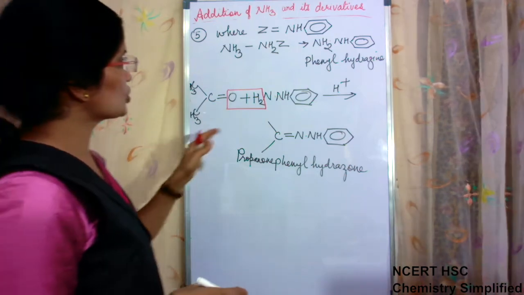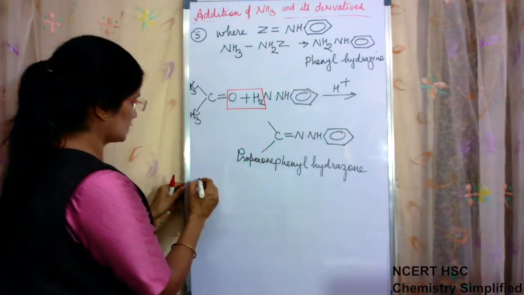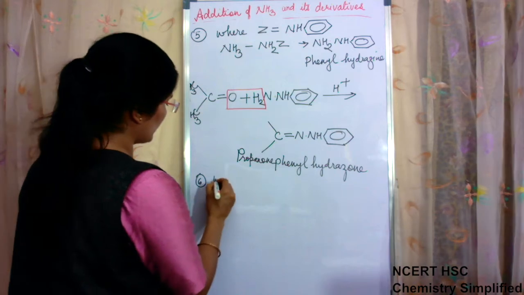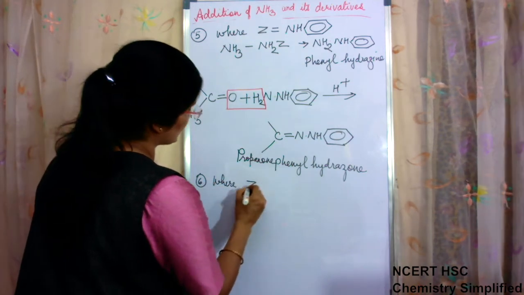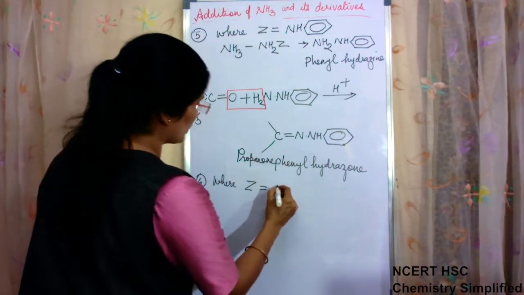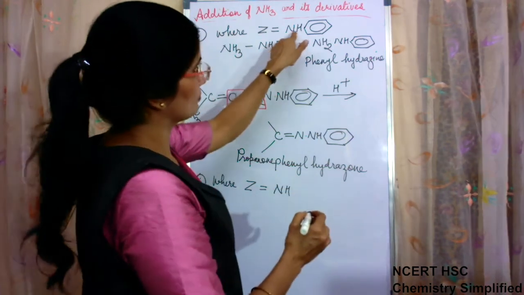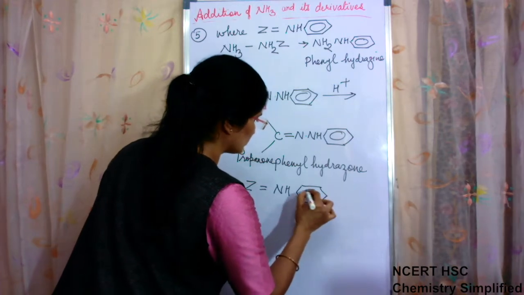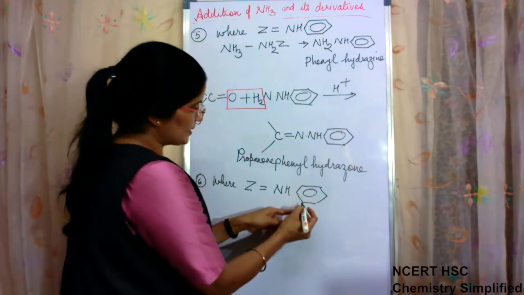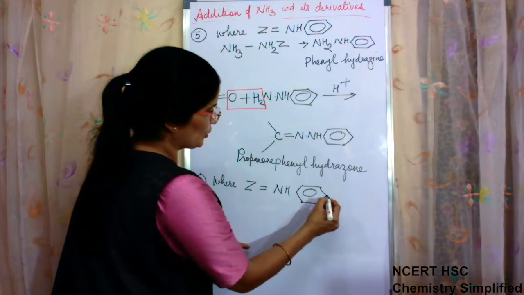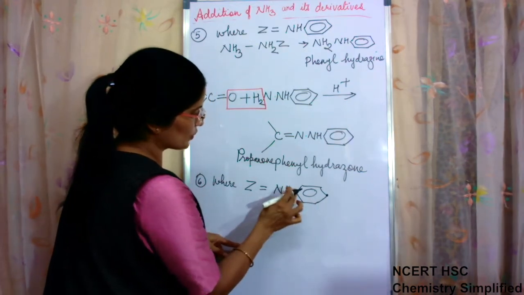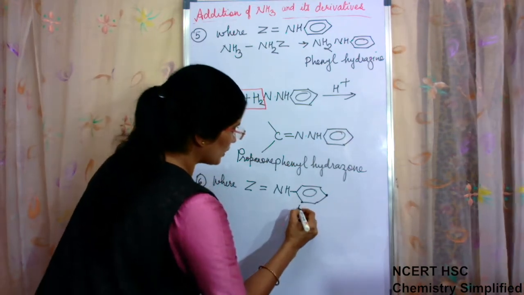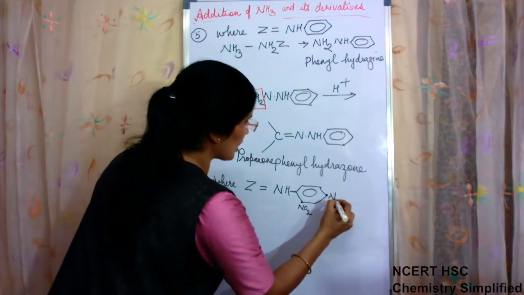Now one more substituent in this only. Next reaction, where Z is equal to NH, same benzene ring. On this benzene ring, on second position and on fourth position, because this is attached from this point, so this is position number 2, this is position number 4, if two nitro groups are attached,